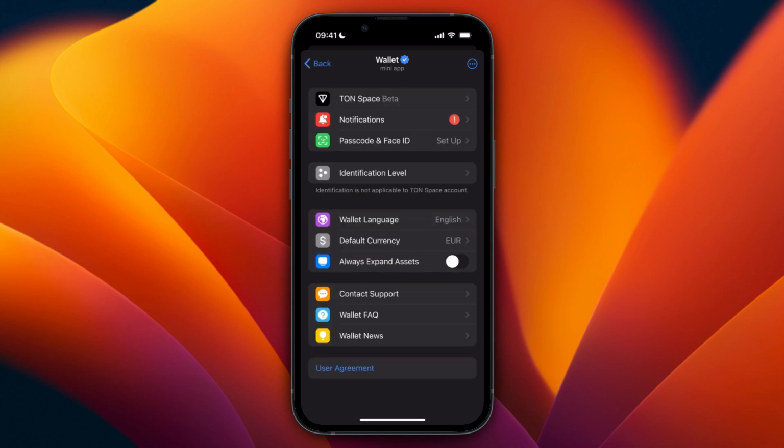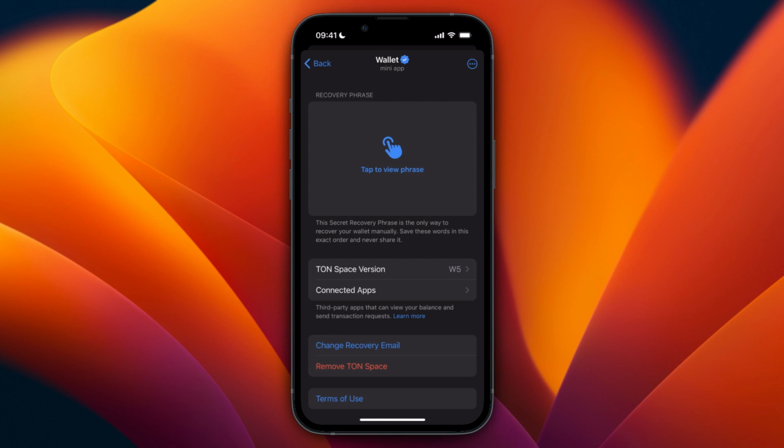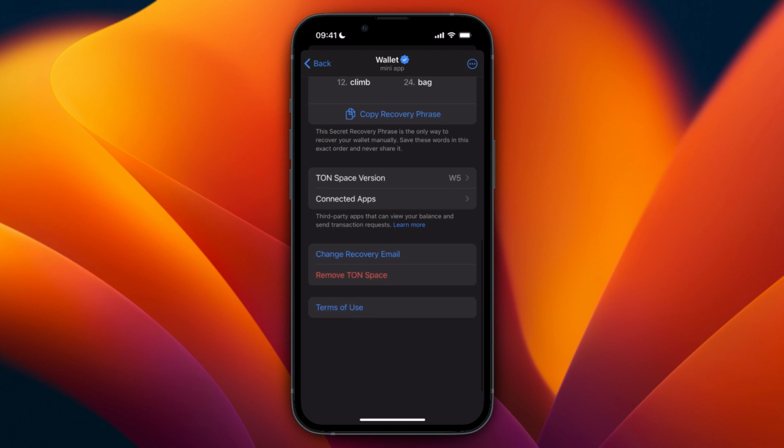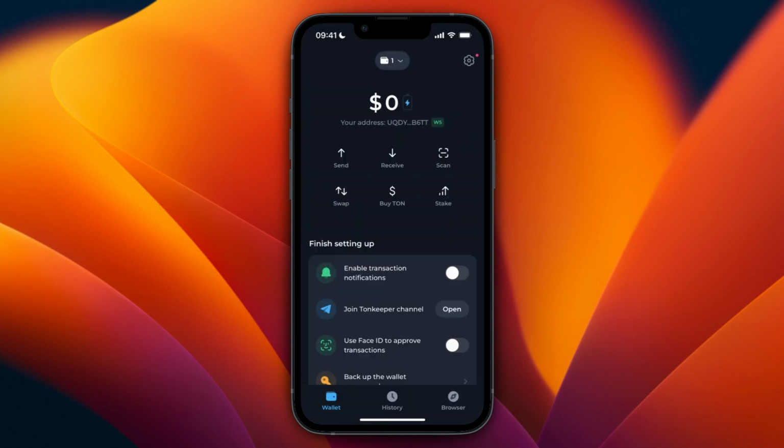go back to your settings and now go and click on ton space, and then here you have your recovery phrase, so just go and click on tap to view, and then here at the bottom, click on copy recovery phrase. Then go and open up the Tonkeeper app, and at the top where it says wallet 1 for me